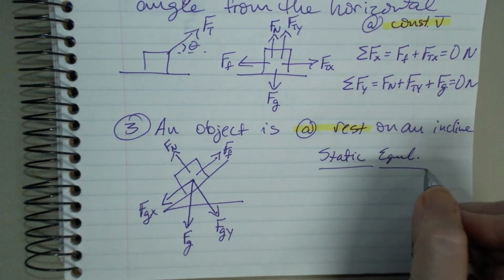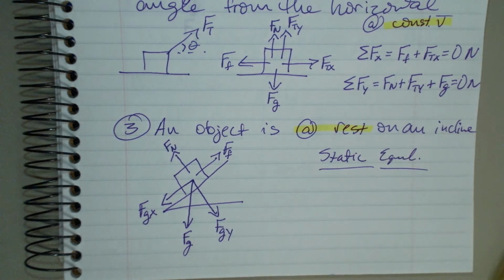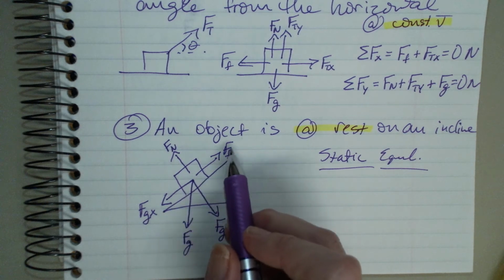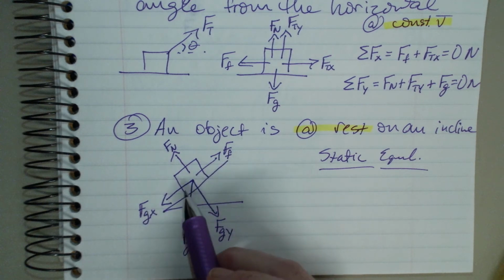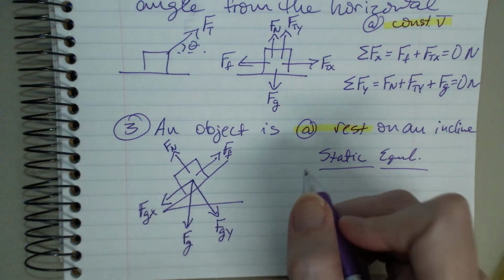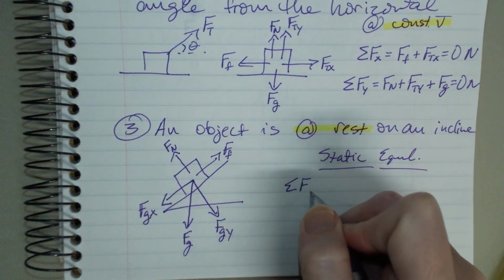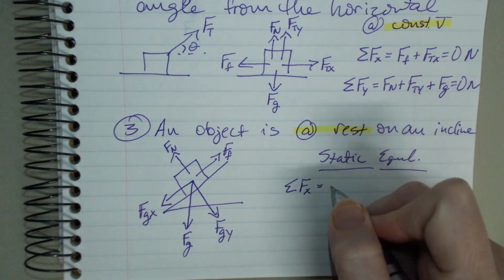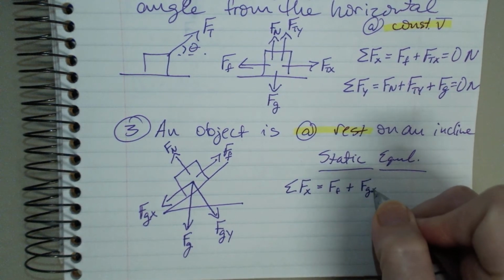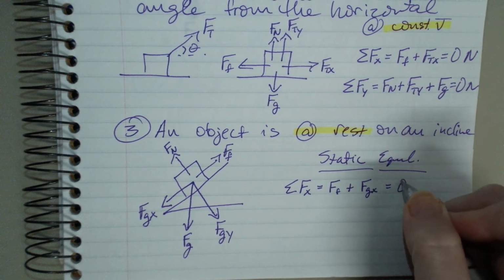Okay? Static equilibrium. That means everything equals 0. All of our summation equations equal 0. Now, the plane is tilted on an incline. So the things that are parallel to the surface of our incline are our x stuff. So the sum of net forces in the x direction is equal to friction plus Fgx, and that equals 0